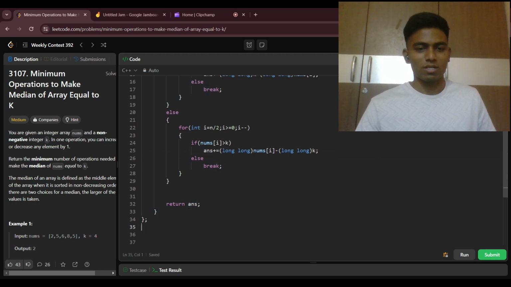If we come to the time and space complexity, the time complexity is going to be big O of n, and the space complexity is going to be